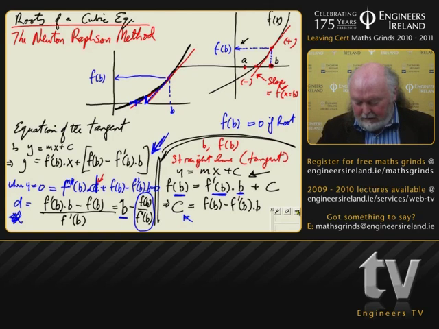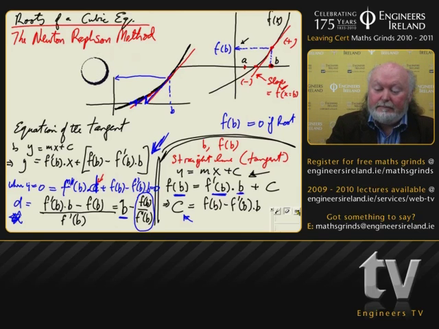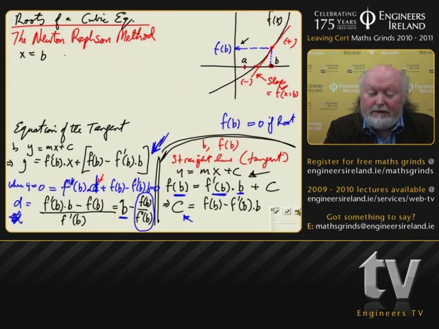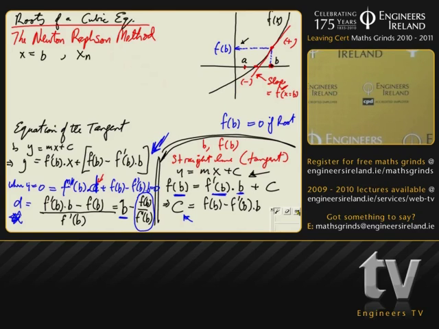All we have to do with these now is to replace our terminology with the one that's in the book. Our first example value was x equal to b. Now I can say that's the xn one, and the function at b will be the function at xn, and the f dashed at b is now f dashed at xn. And what we have found is that the new x